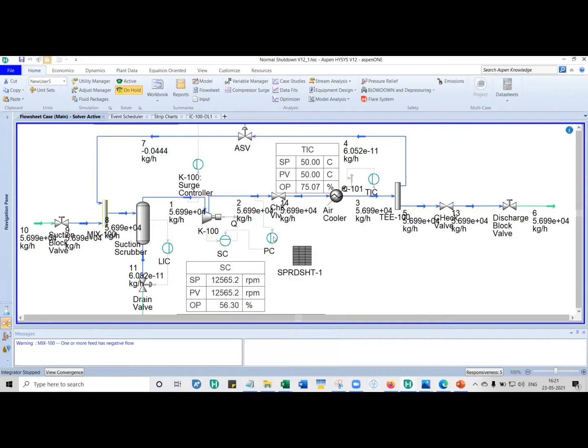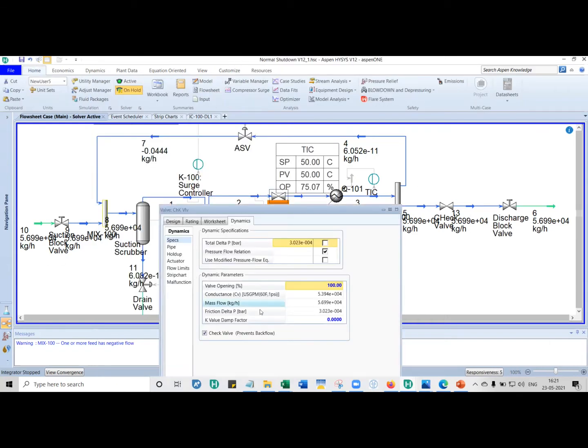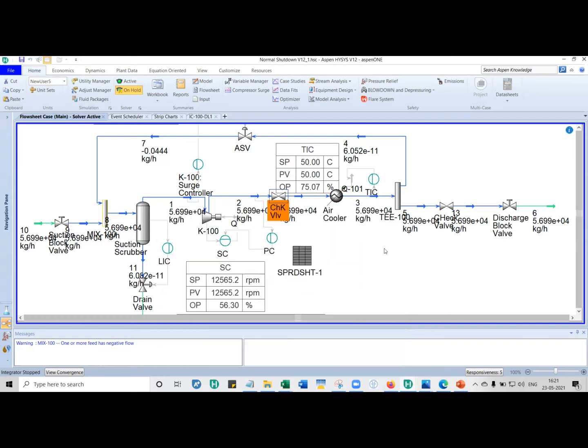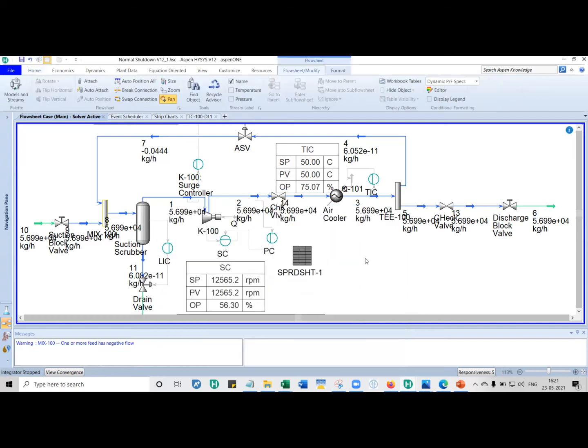cooler. Then, for all the check valves, you just have to click on the check valve. For the check valve, it is assumed that you're not losing much pressure there. So you give a very high CV value, some 100,000 or 200,000. What happens is that the estimated pressure drop is 0.0005. It's as good as hardly any pressure drop. In reality, in the field, there will be some pressure drop, but for simulation purposes, we approximate it to almost no pressure losses.